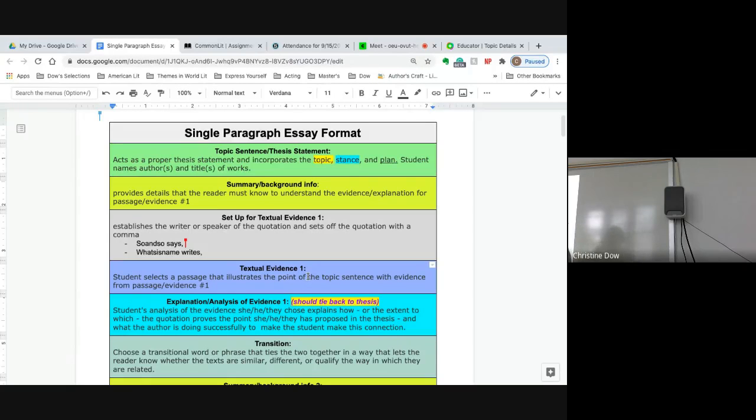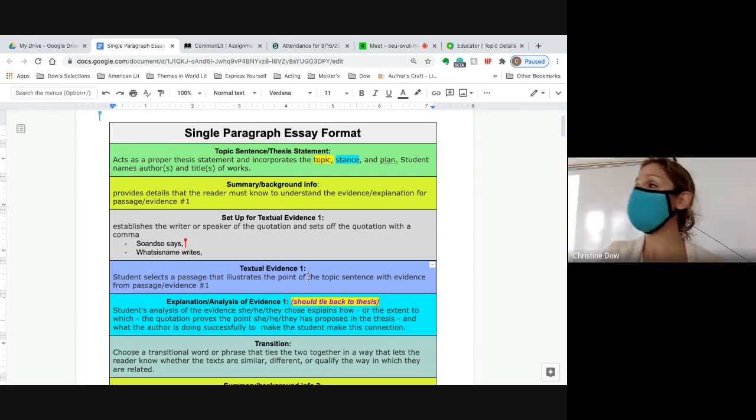I picture all of this framework, this format, like a construction site, right? It is literally just the building. It's like what they're doing over on Kinderknack. It's literally just a crane coming in. You pick up the textual evidence from one book or from one story or one poem, and you just drop it into your format. Easy peasy. Make sure you cite it properly.